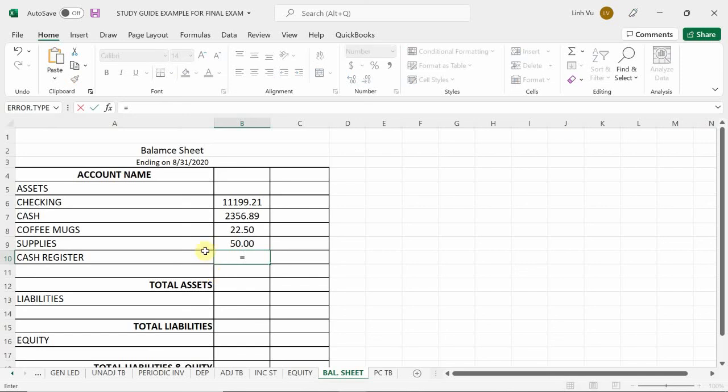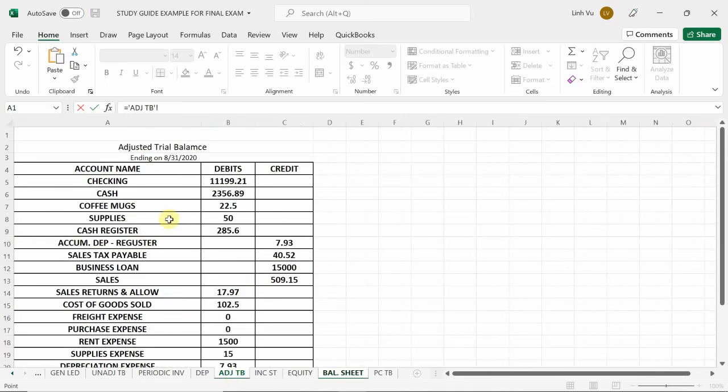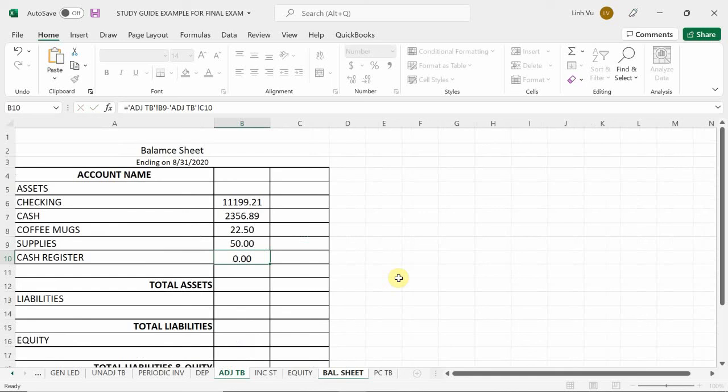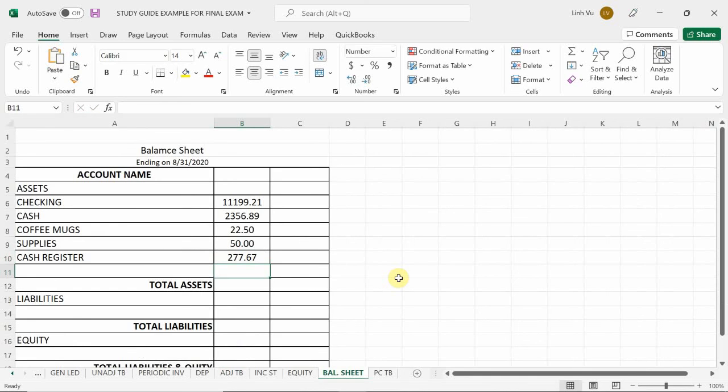Now my cash register, okay? Since we're looking at this way, right? I have my cash register at $285.60, but I need to reflect the book value of my cash register right now under my balance sheet. So I need to subtract out my $7.93